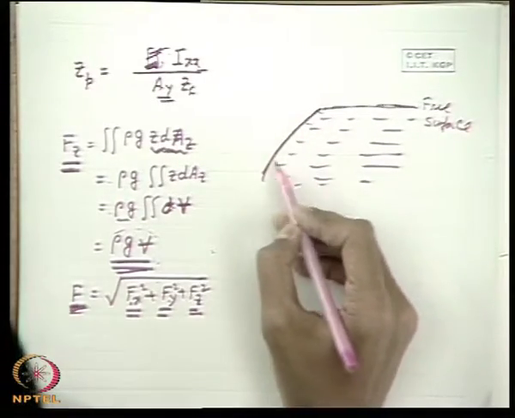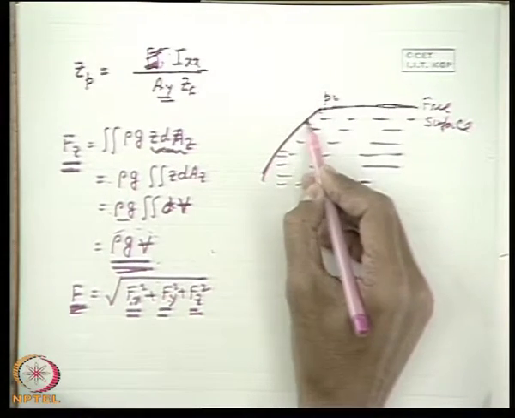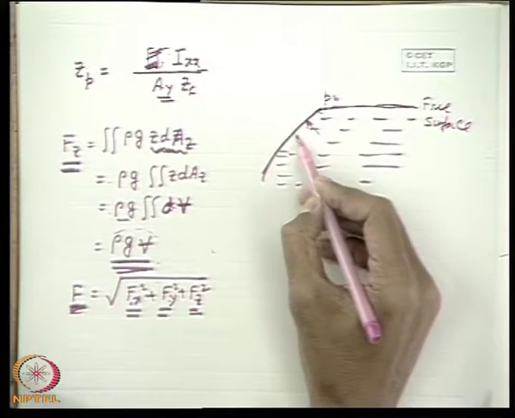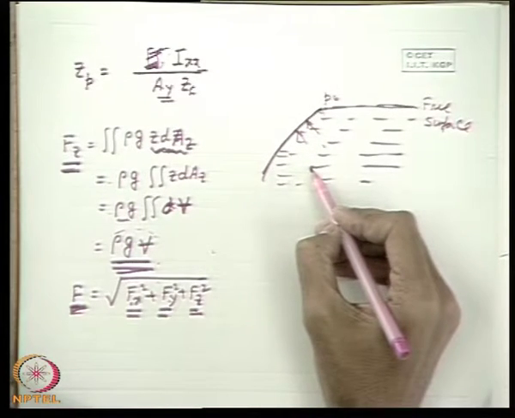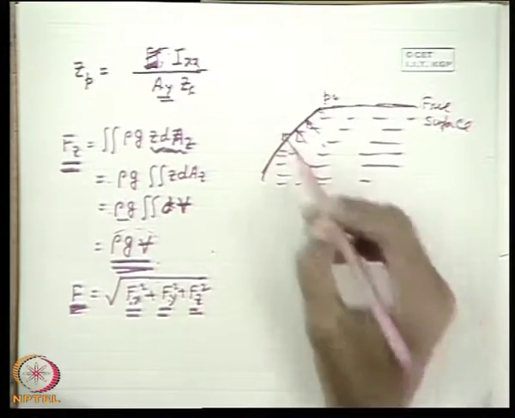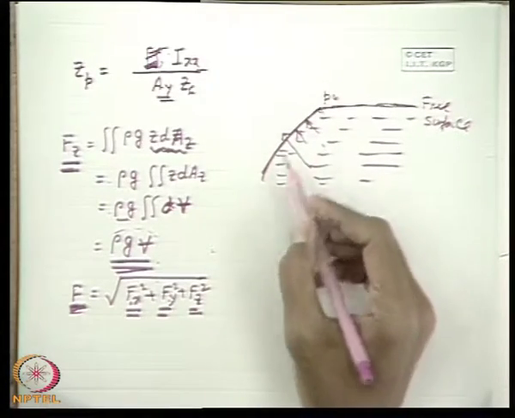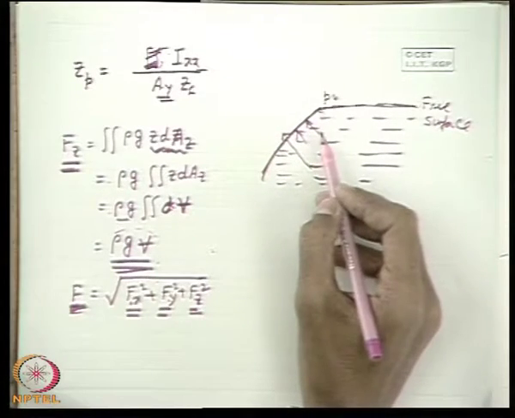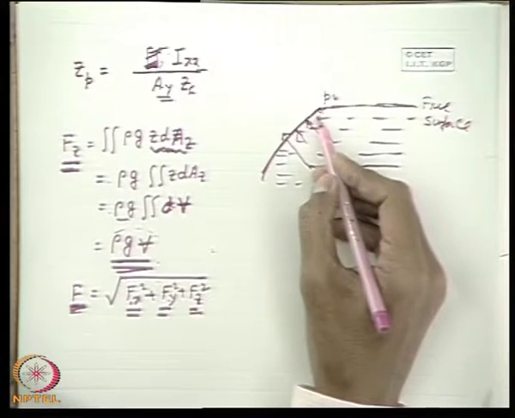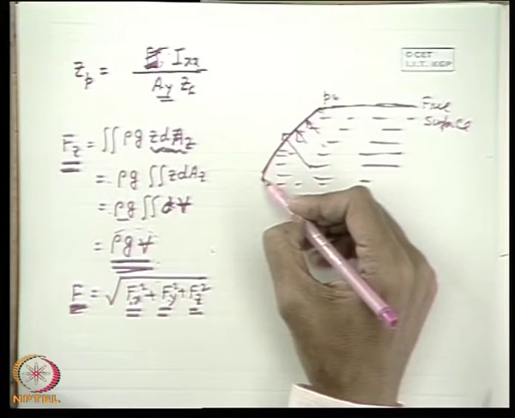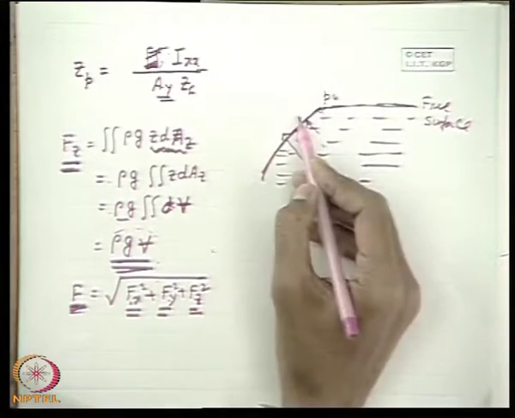This is not a submerged surface, but at each and every point the pressure is atmospheric pressure P0, and at each and every point there is a pressure force due to the height of the liquid. So there is a net pressure force in this direction, that we know. We can apply this formula analytically, but if we want to find the vertical component of the hydrostatic pressure force using the concept that it is the weight of the liquid above this surface, and we are told to find only this part, the magnitude of the vertical component of the hydrostatic force,